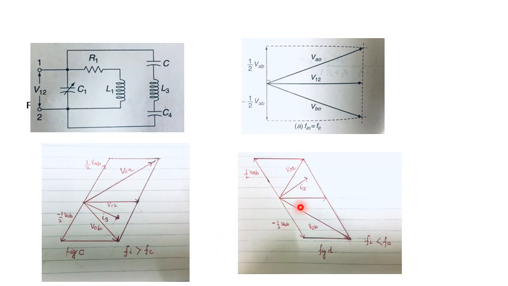Similar is the case when the incoming frequency is smaller than the resonant frequency. In that case, the circuit starts behaving as a capacitive circuit. And when the circuit is capacitive, the current leads the voltage,